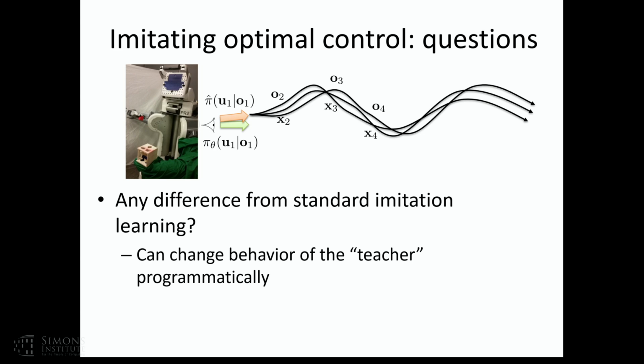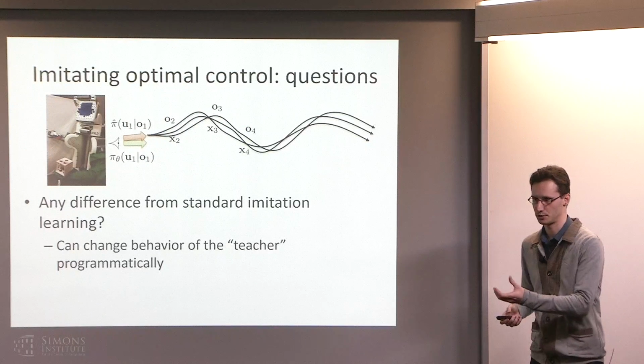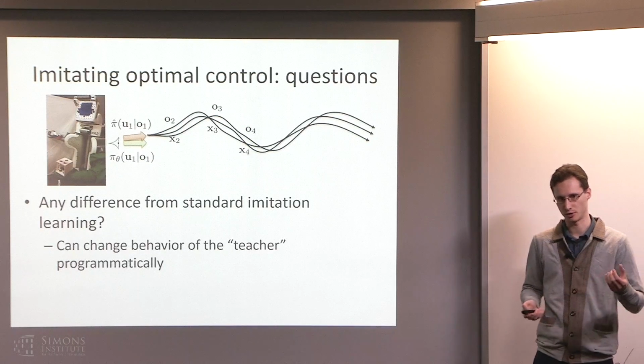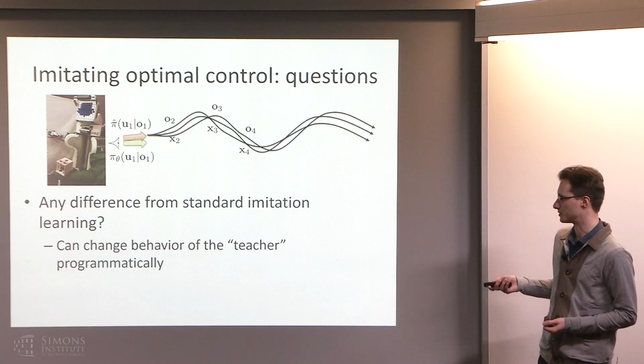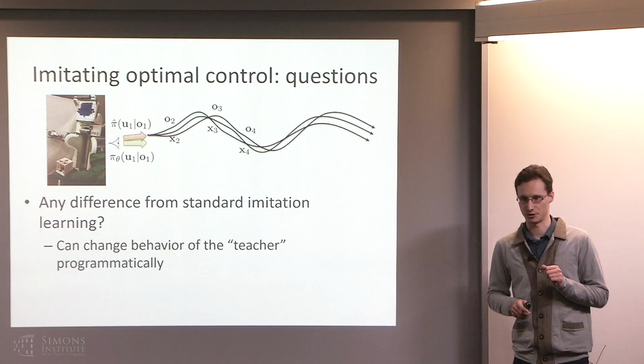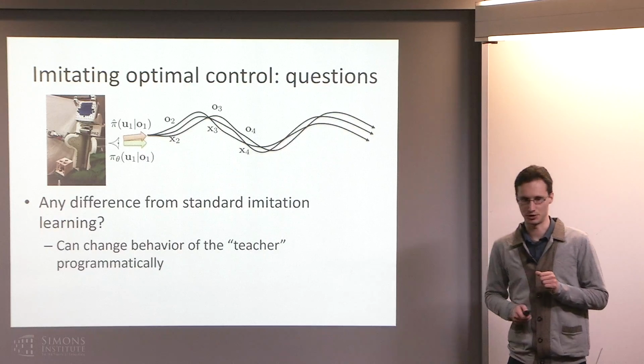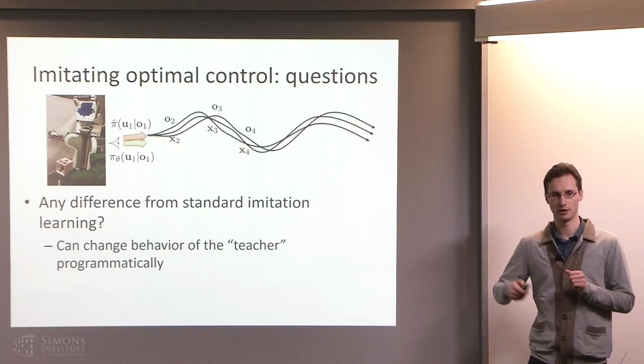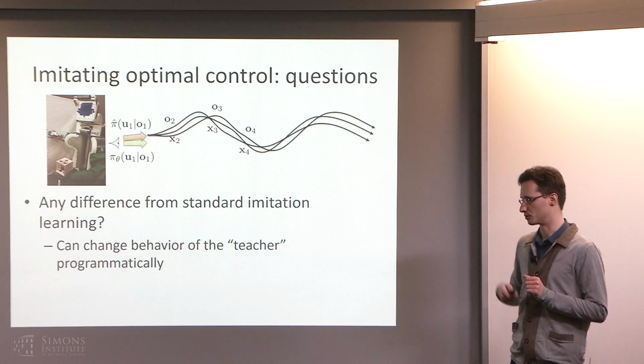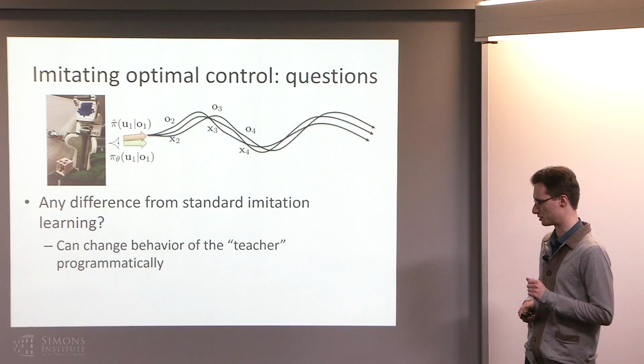And we saw that in the case of PLATO, where this optimal control teacher actually had a term that accounted for the divergence against the learned policy. And we saw that in the case of guided policy search, where trajectory optimization actually changes behavior to come closer to what the neural net was doing. So if we consider these imitation learning algorithms that are learning from a computational teacher, there's some interesting stuff we can do in playing with what the teacher is actually doing and figure out what is the data the teacher should generate in order to maximally help the learner.